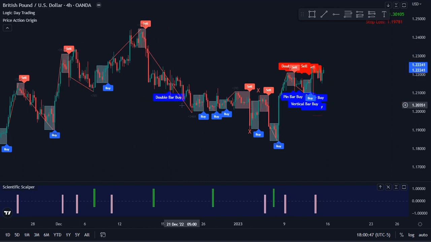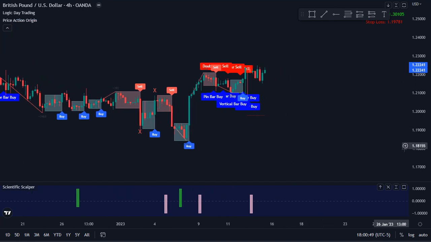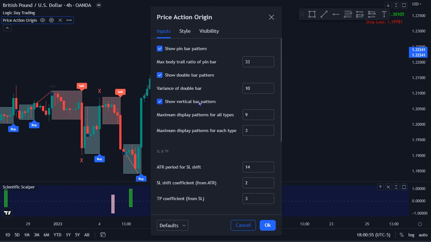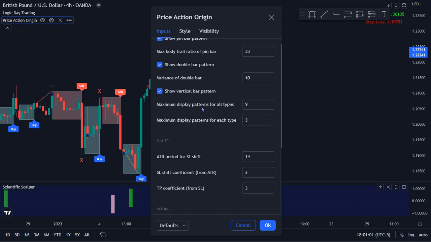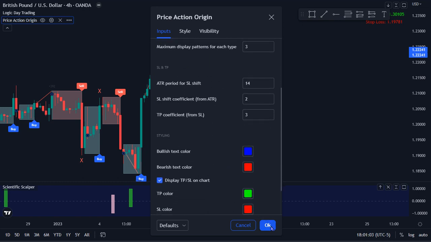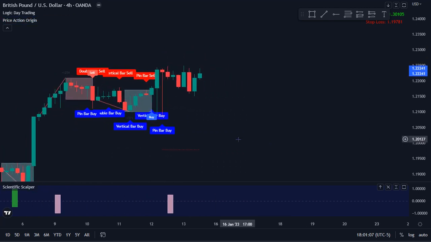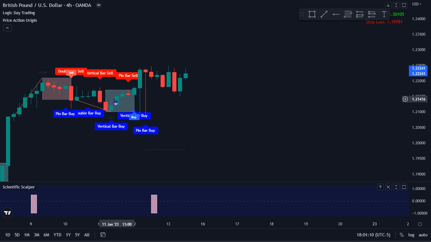And then I just also want to bring up, if you want to use a third indicator, Price Action Origin could be a good one to put in as well. And so let me bring up the settings of it. And this is going to draw out the pin bar, double bar, and vertical bar patterns on your chart. And so when you see one of these, for instance, we've got